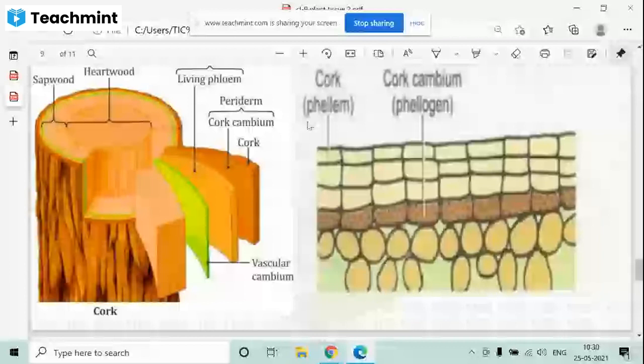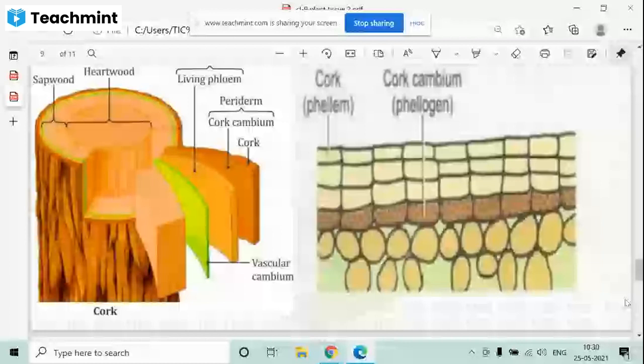Now if you see the structure here, epidermal structure, the cork is called phellem, P-H-E-L-L-E-M. The cork is called phellem, the outer part. Below the cork is another type of tissue called phellogen, cork cambium. Cambium tissues have a power of division, but this does not have a power of division. This is the outermost part, which is in contact with the air, the outside environment. These are the inner part. Clear? The cork cells are epidermal cells. Clear?